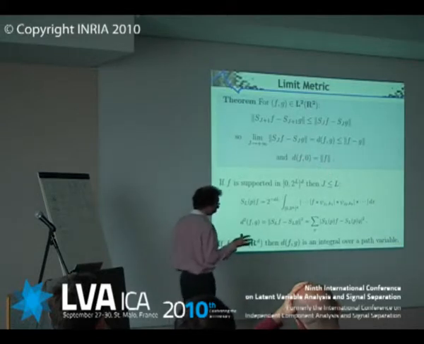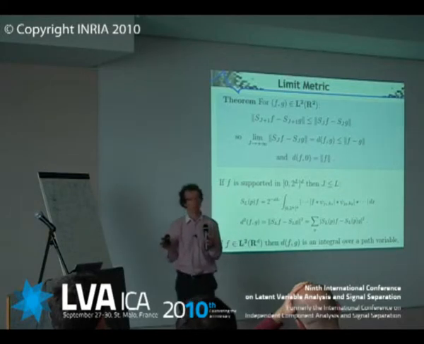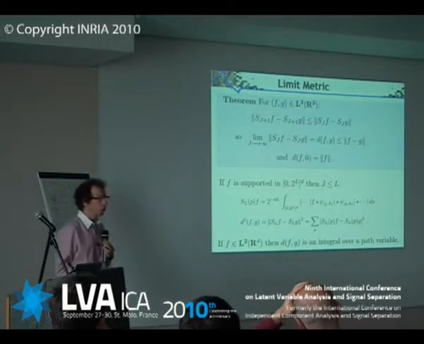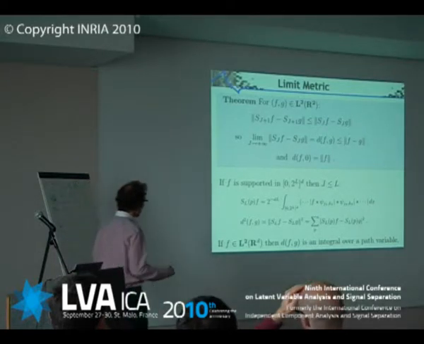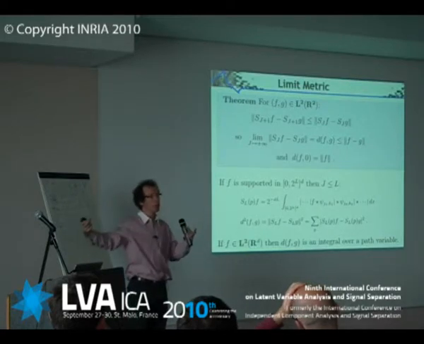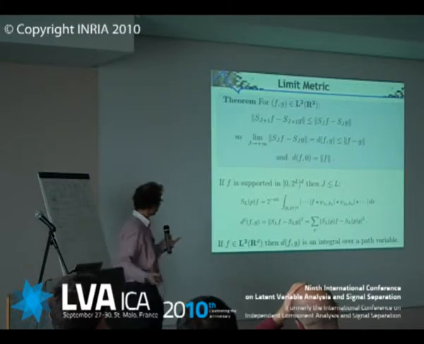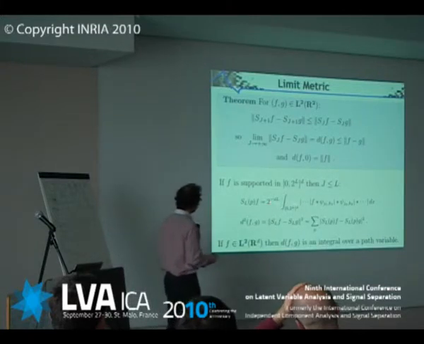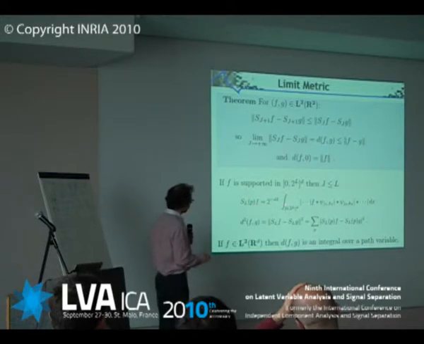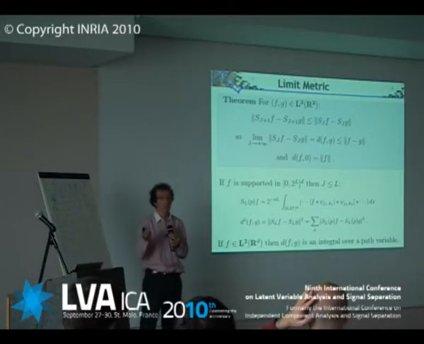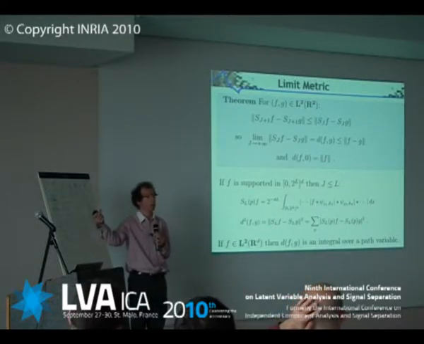If I am in the case where I have a compactly supported signal, then everything is simpler. You can do the same kind of trick as in the Fourier transform. You make a periodic extension, and then basically when your scale reaches the size of the support, you get a constant. And what is this constant? This constant for the transform is, as I said, basically the integral or the L1 norm of the sequence of convolution modulus, and so on. And you have a distance which is a discrete L2 distance. It's just a distance defined over all paths.